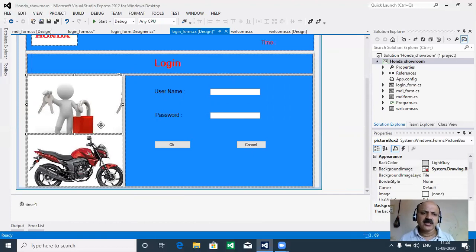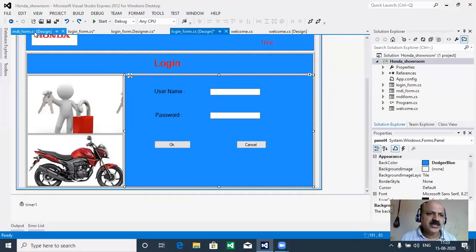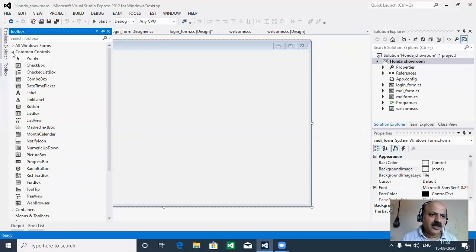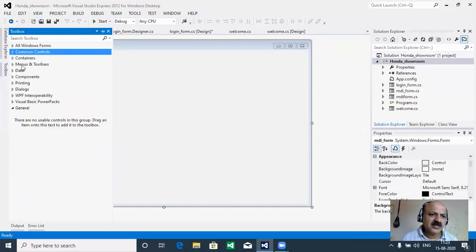We can also press Ctrl+Z, so your previous images appear. We can look at this image, see whether it is perfect or not, run it, and then get an idea. So now our MDI form design is started. I just showed how to change your image, that is a very simple point. Okay, now we can take the toolbox, and that is our main part in this, and that is a menu.